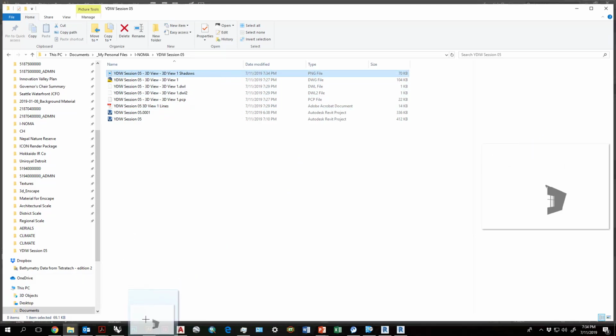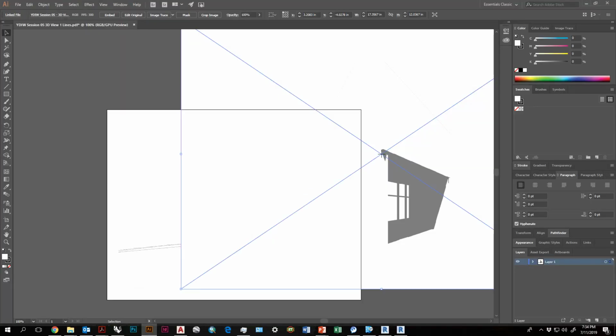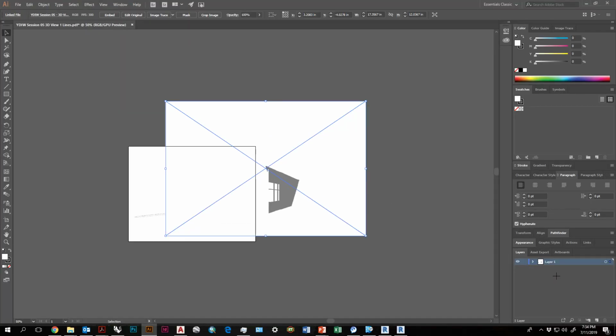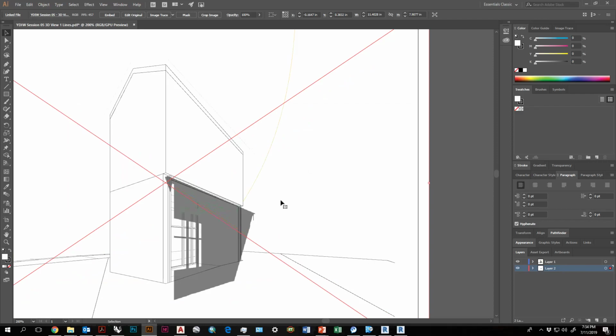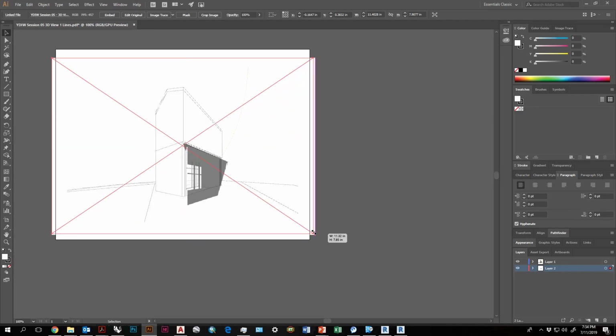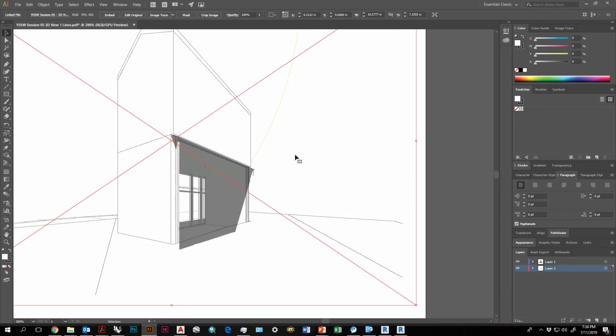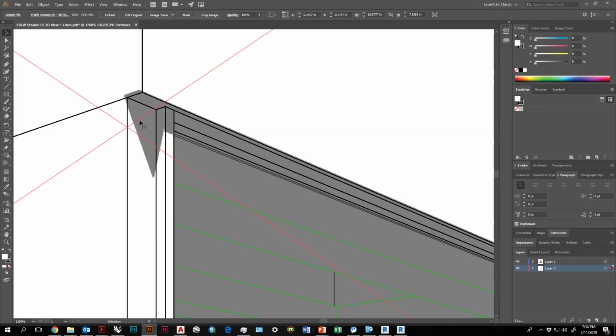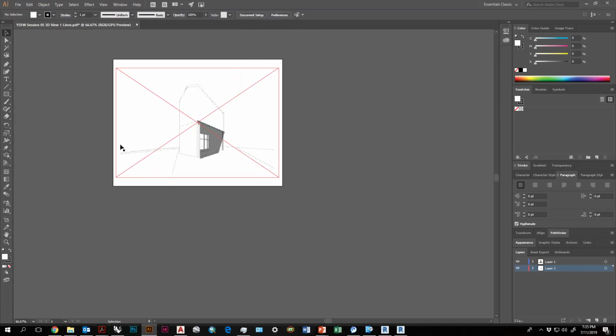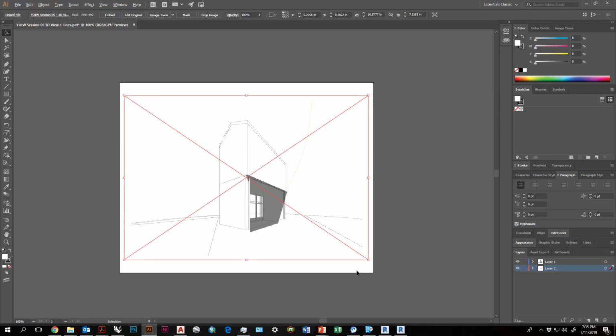We now have the shadows exported, and we'll place it. You could have also exported this as a PDF, which would have allowed it to be the exact same size, which, you know, we can do that as well. But anyway, I've got those two elements now of my building exported and ready to go.